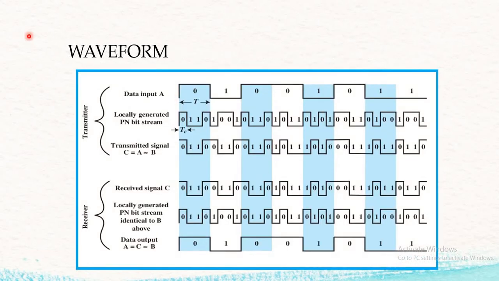Waveform. As I have told you, first we have the input data. This input data has a time period which is greater than the time period of the PN sequence, or the frequency of the PN sequence is larger, therefore it has a smaller time period. So for one particular time period we have multiple bits. Now these two signals are multiplied, and that signal acts as the transmitting signal. Here the input data, which previously consisted of only a few bits, is converted into a signal which consists of multiple bits, and on these bits we apply the modulation technique, that is BPSK.